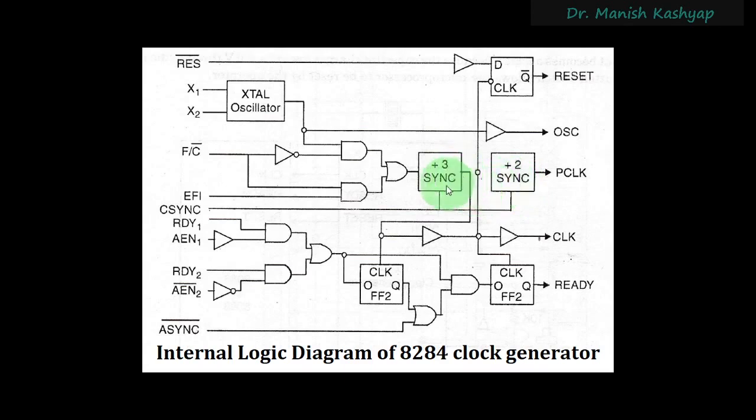I mean, you have got this divide by 3 sync and divide by 2 sync. So you have got this crystal oscillator, and you see that these two counters are in series, so 3 into 2 will be 6. So it will be a divide by 6 counter in total. This is individually a divide by 3 counter, this is individually a divide by 2 counter. So when these two are combined in series, then their series combination will make it a divide by 6 counter.